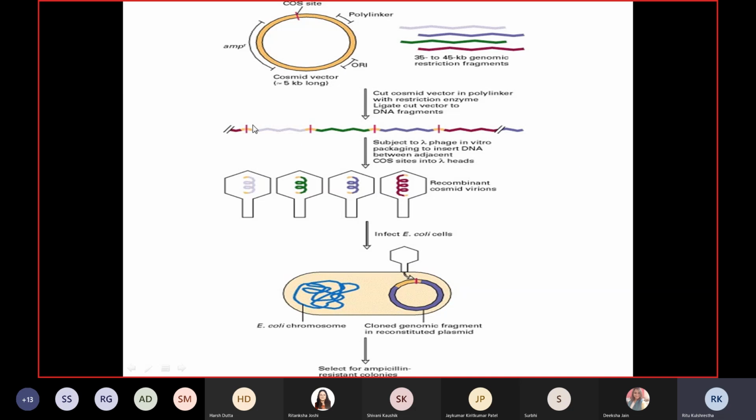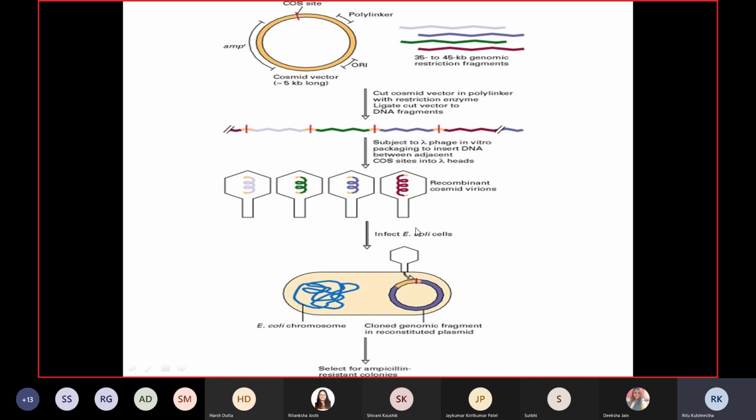Because at each end we have a cos site, one whole phage genome equivalent of DNA will get incorporated into one phage head. None of the phage heads can obviously accommodate two of these. So because of these cos sites, we have pulled the phage head to incorporate this whole DNA, which didn't have any phage gene,